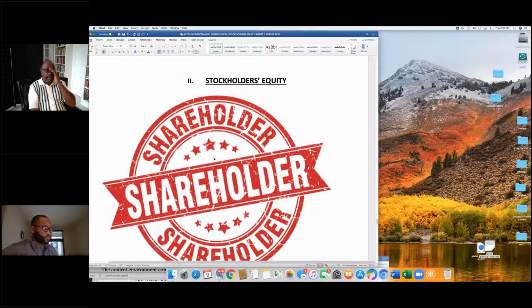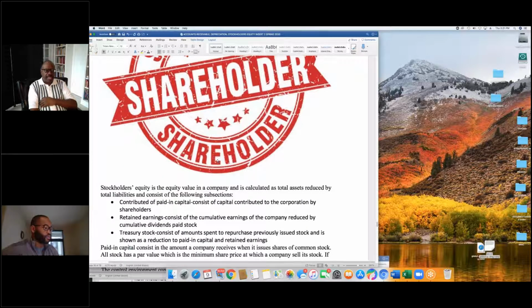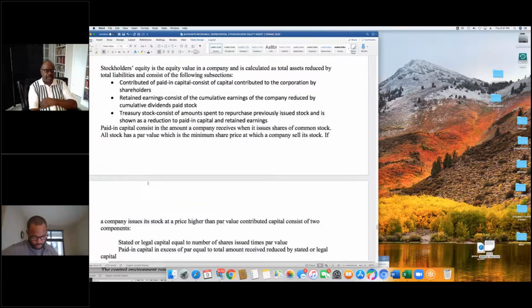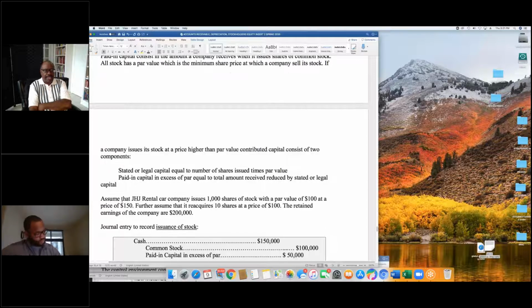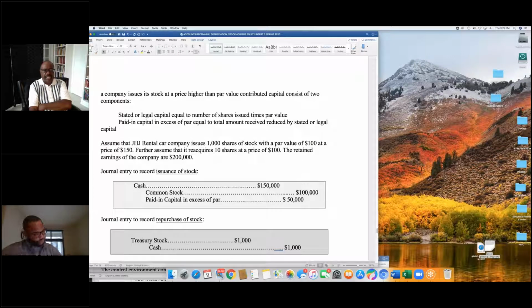Let's look at stockholders' equity for a second. If you remember, we have the contributed capital and retained earnings. Then another term, treasury stock, we're going to discuss for a moment. When we form a company, we have to say what the shares are and what they're worth. So let's assume we say they're worth $100. If you get 150 for them, you'd actually debit cash, credit common stock, and then paid in capital in excess